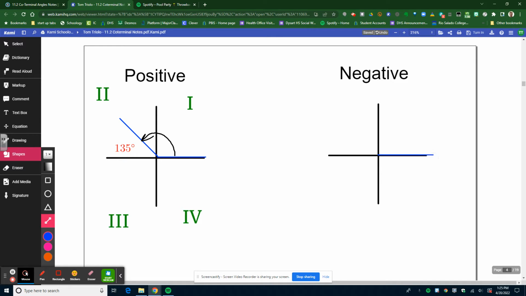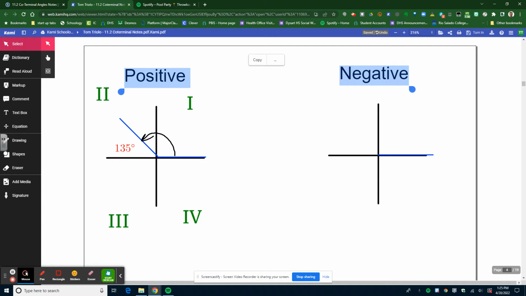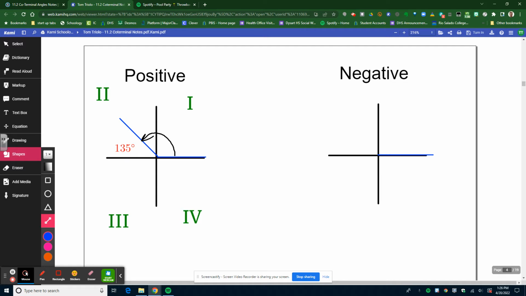Right hand side. So this is 0. Go down, that is -90. That's -180. -270 would be here. So we're back in the first quadrant. So I'm going to use my shapes tool, and it's literally just a hair. Now watch. You can actually figure this out. Someone said 272, so we need to go 2 more degrees past 90. So if you just move that just a little bit,